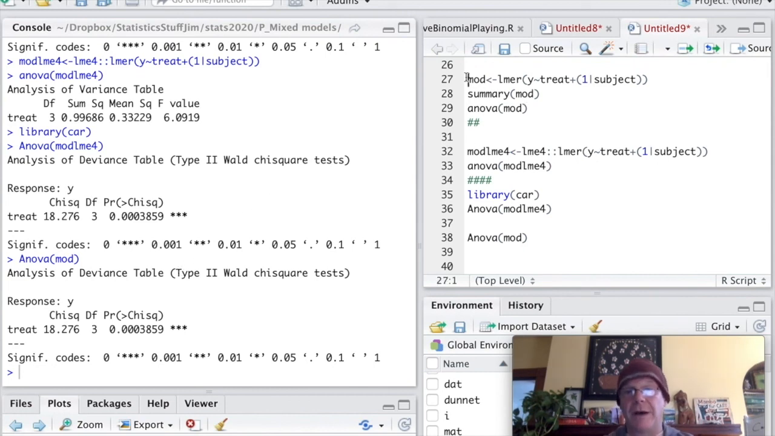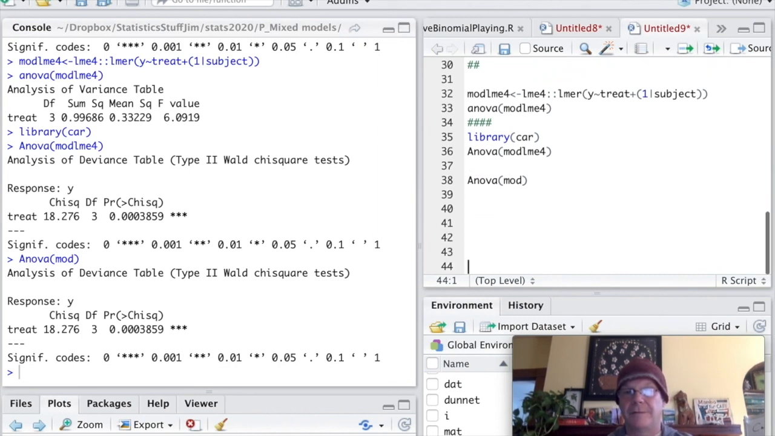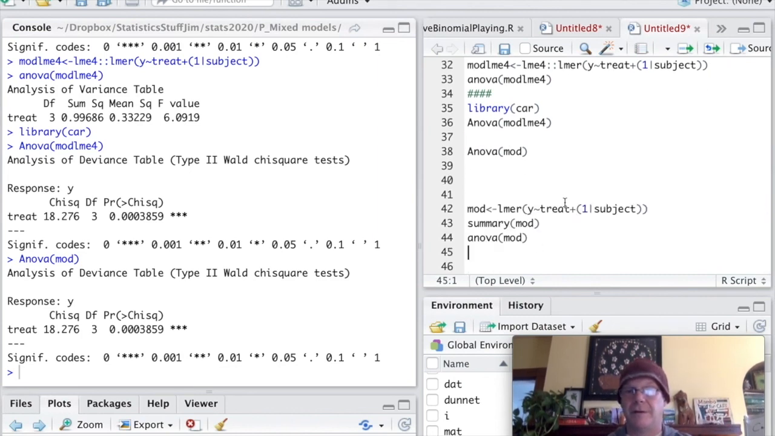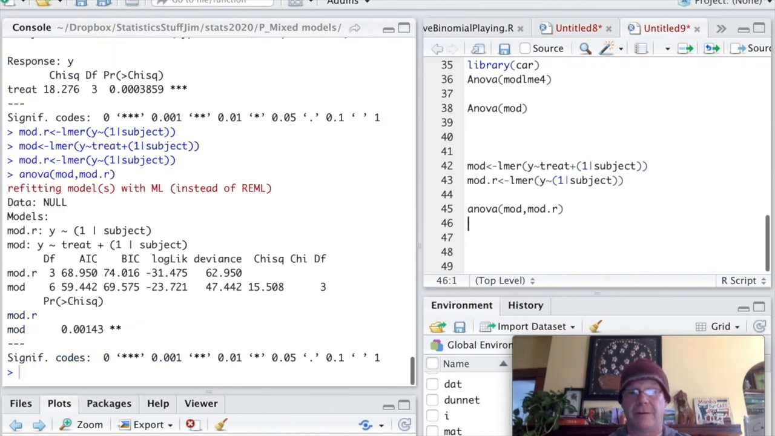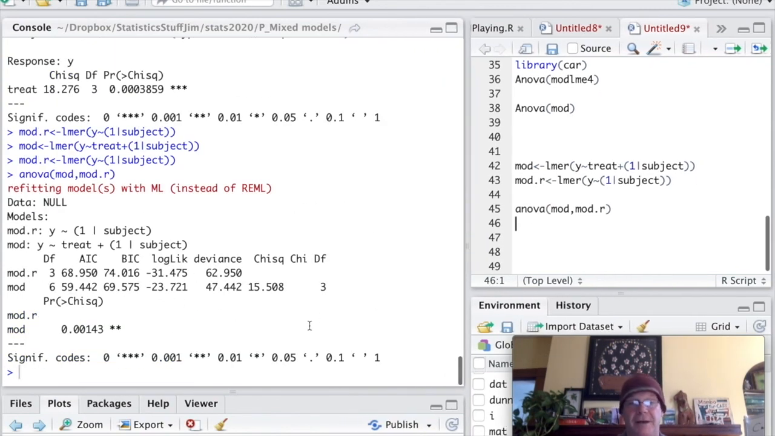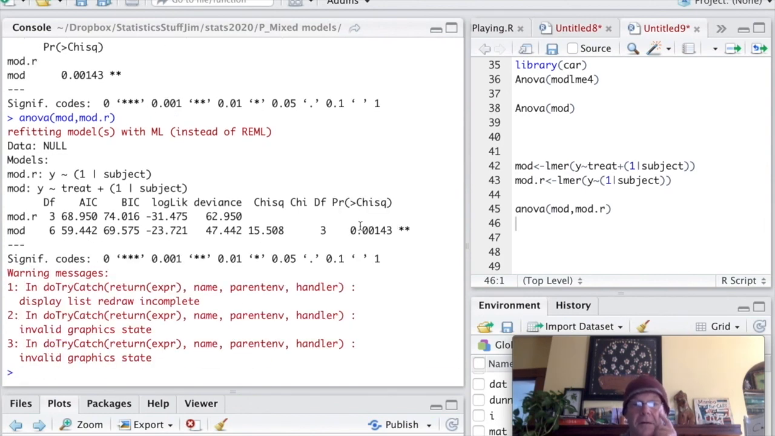And then of course the last way, let's just make sure that we are all good here. We could also create a reduced model. I'll call it .r, where all we're doing is estimating the error. And then we could compare that reduced model with our more complicated model, and there would be the associated p-value with that. What that's telling us is that the model that included treatment is a better model than the model that didn't include treatment. So again, here's the three kind of standard ways